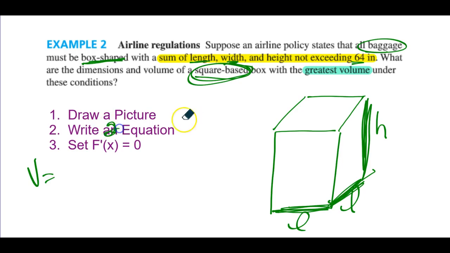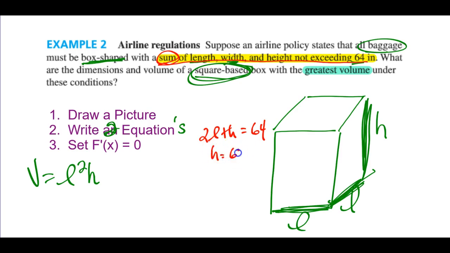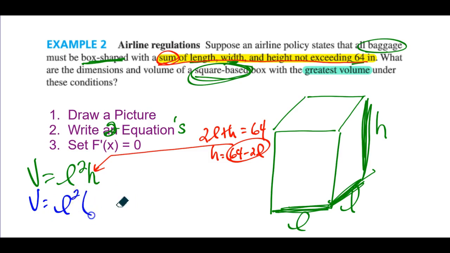It looks like I'm going to be writing a couple equations again. So the volume would be length squared times the height. And a second equation is here in yellow. It says the sum of all of these dimensions, so 2 L's and a height, cannot exceed 64. Which means my height is 64 minus 2L, and there's my substitution. So our new equation is L squared times